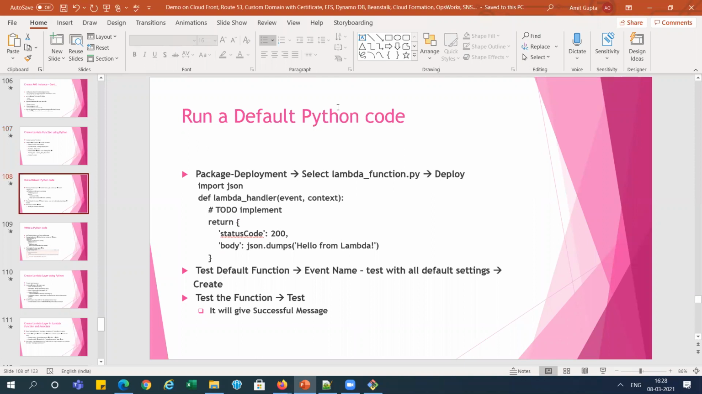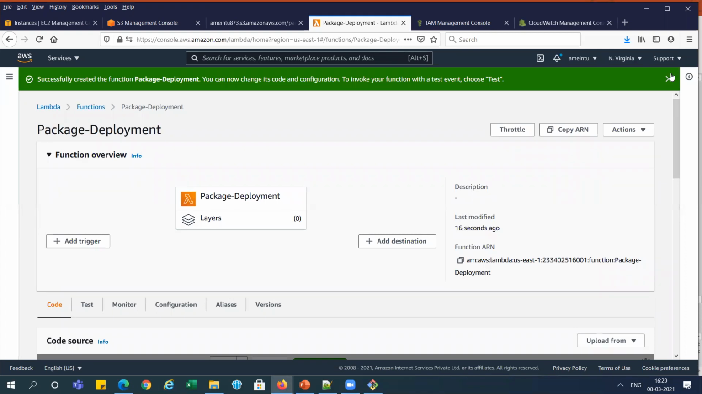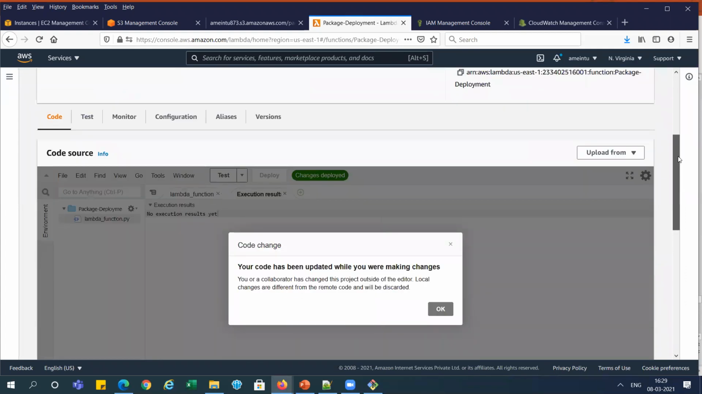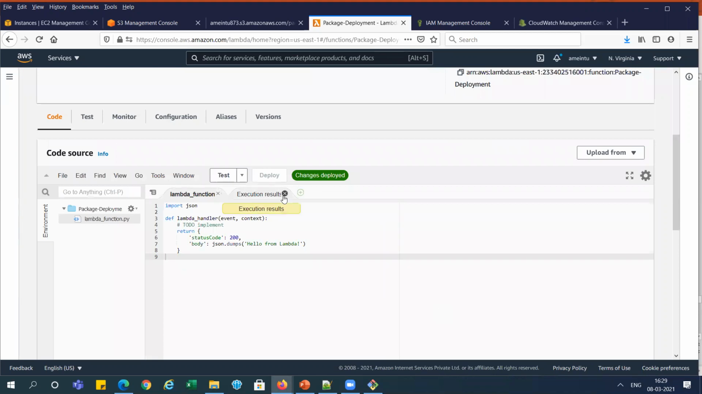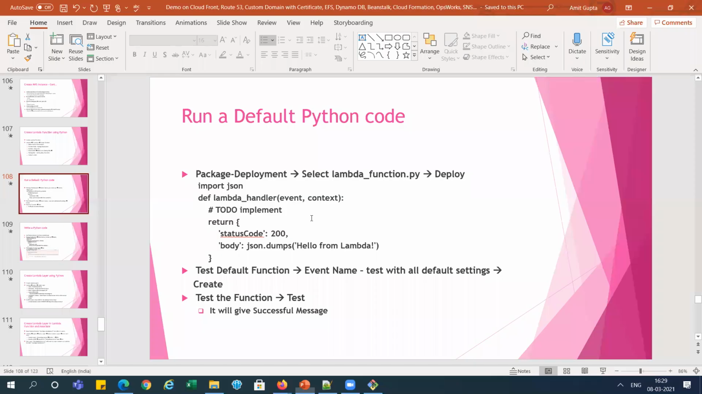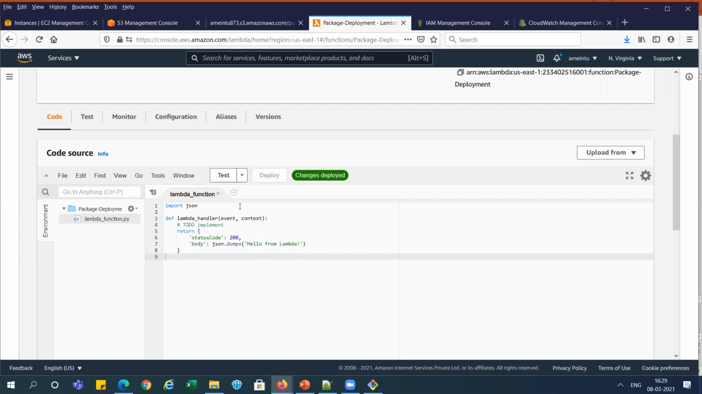Now next we run a default Python code. So what we will do, first, this default code is there. I want to show you, first it is running. I'm closing this. You can see this is the default code written here. Hello from Lambda, right? Same code. So we will test this function,